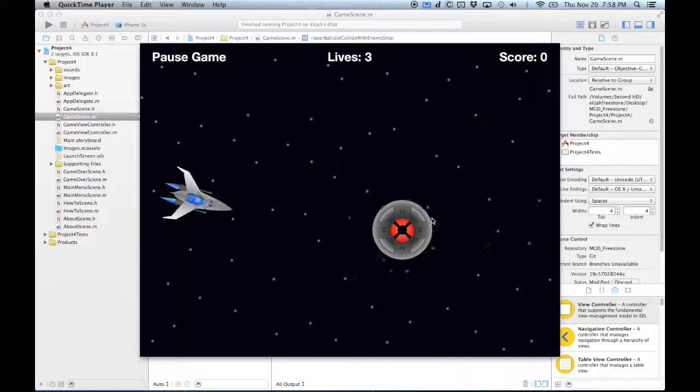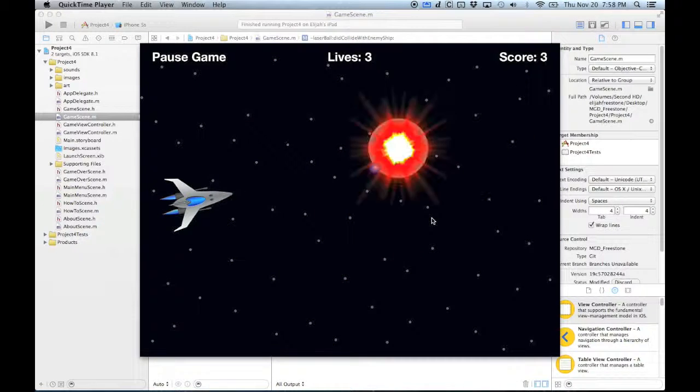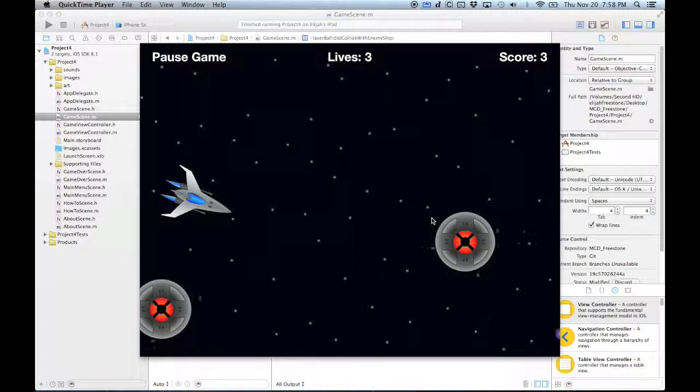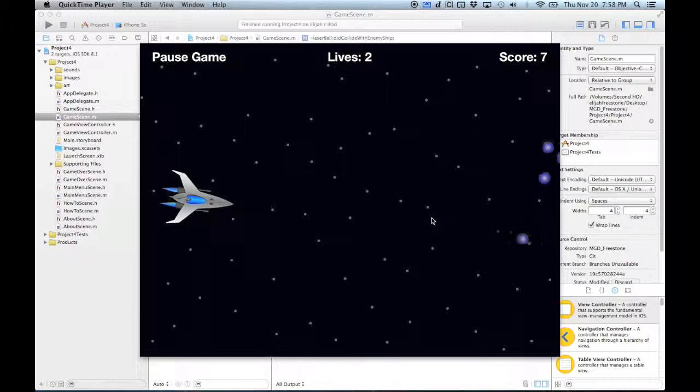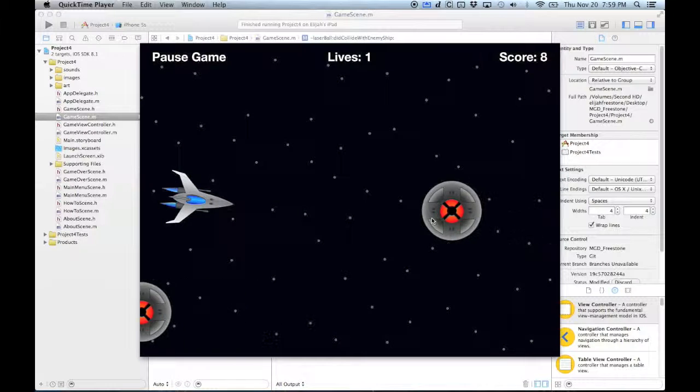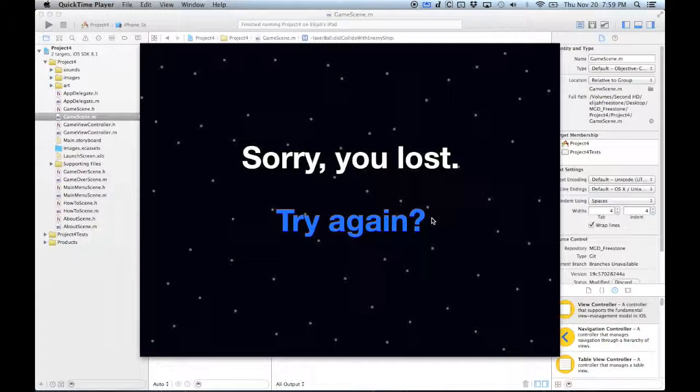I was able to figure out at least a workaround for the floating laser ball issue I was having previously. I honestly don't know exactly what's causing the issue. It seems to be something to do with the completion block of run action. I have a sneaky suspicion that it might have something to do with the way Sprite Kit handles having multiple sprites that use the same image. I think it might be a limited thing, or it could be related to the completion block itself also being